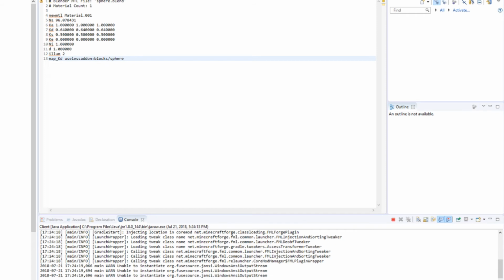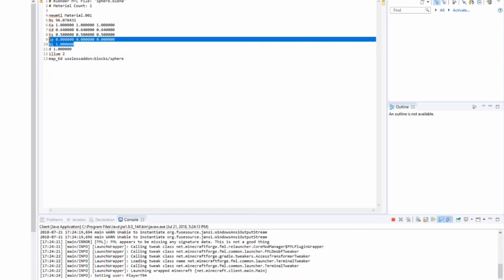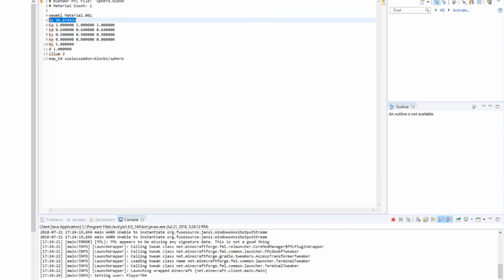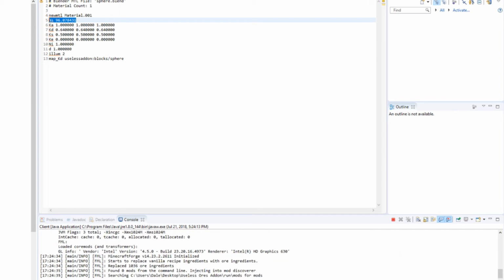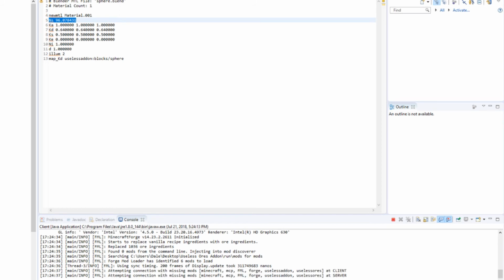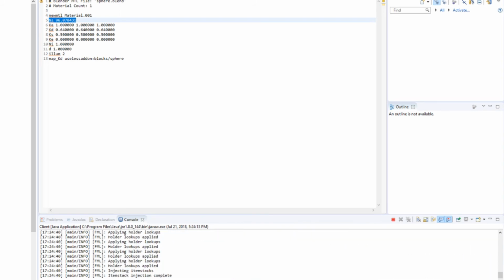There are a couple of lines in the file here that the game doesn't need. For example, illum, it's not going to need Ni, Ks, and Ns. You can delete those. It's not going to cause a problem if they're there, but Forge doesn't use them, so it does take up a little extra space. I guess if you're super, super concerned about that, you might want to consider removing those lines. And then also in the OBJ file there, just to cover everything,